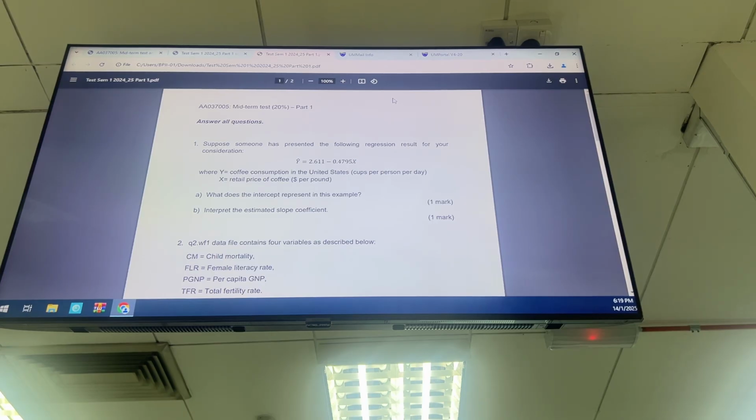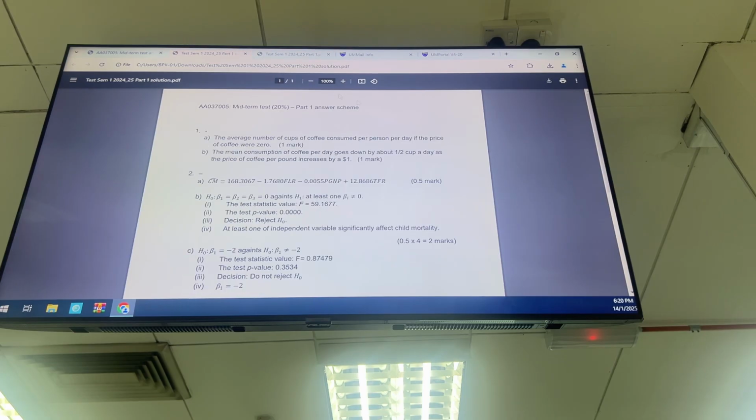So the first one is very easy, right? First question, just interpret. What does the intercept represent? The intercept is just basic knowledge of regression. The intercept means the average value of y, the expected value of y, when x equals 0. So in the example, you can say it is the average number of cups of coffee consumed per person per day if the price of coffee was 0. And then the next one,